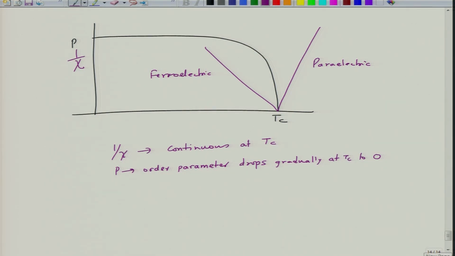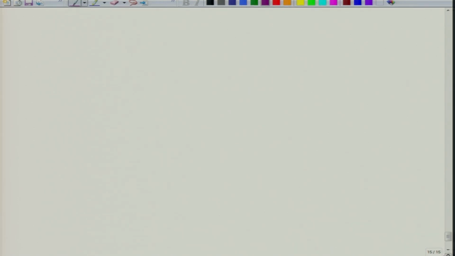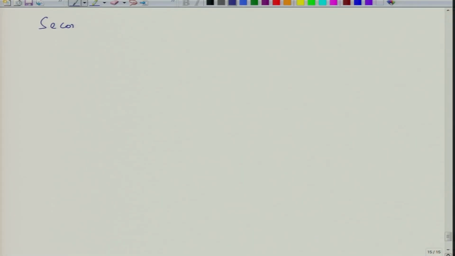Now, let us look at a little bit detailed analysis of second order phase transition as to how we progress it. So, for the second order transition we wrote the energy, or maybe we will do the analytical treatment later if we get time, because let us first look at the first order phase transition scenario.